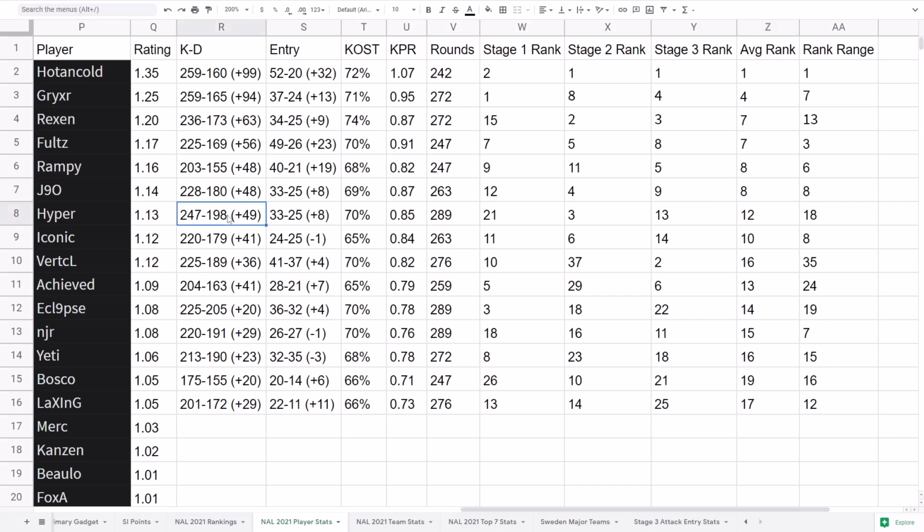Just quite good overall. Hyper, maybe a little bit lower than you'd expect. He used to be first place every stage, or at least really, really high. Of course, he got a 3rd place, but then a 13 and a 21, I think, is perhaps a little bit lackluster for him. Dark Zero has gone through some restructuring, and they picked up NJR for Hot and Cold,